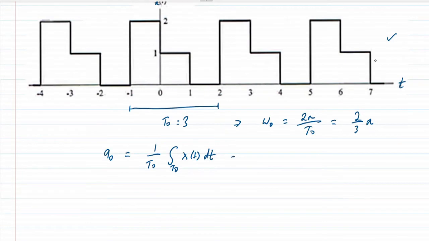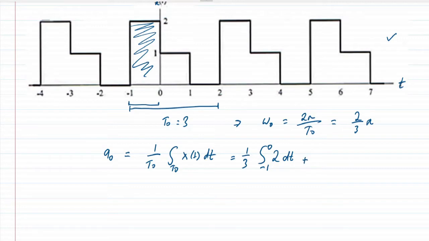So over here the time period is 3, so we will have 1 by 3, and we're going to integrate initially this part from -1 to 0, and in that part the value of the signal is 2, so we would have a 2 here, and then the integration is with respect to the time t,